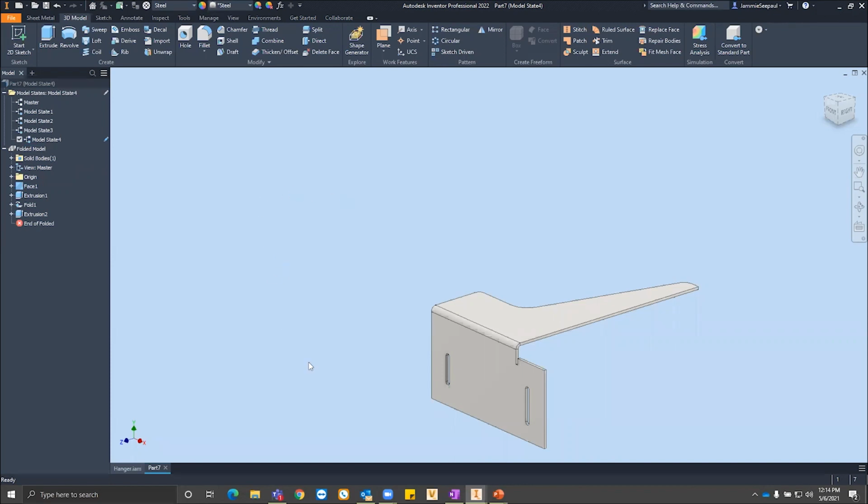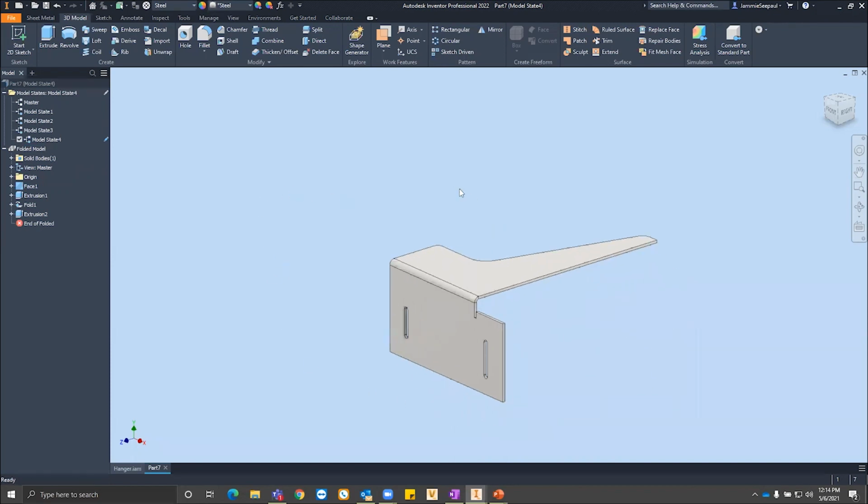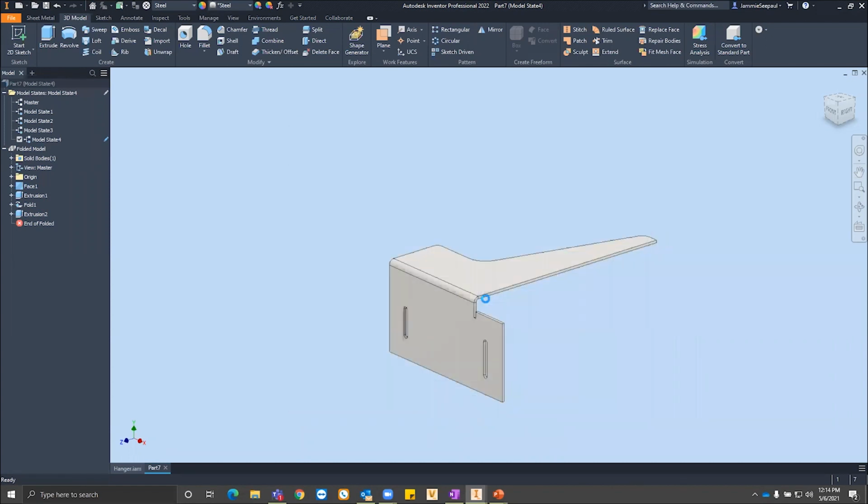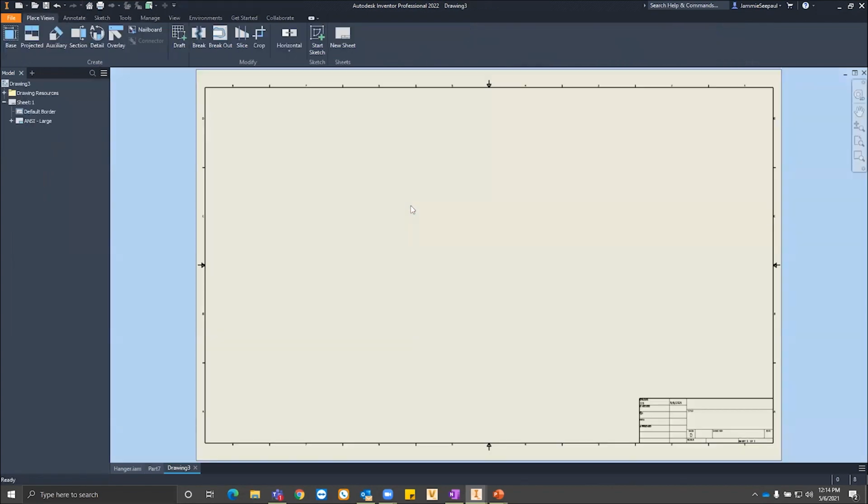So showing all of this is great, but say you need to send this part to a vendor, or you have a shop and they're wanting to know, hey, how do we create this? A really good, easy way to represent this is creating a drawing that will then show